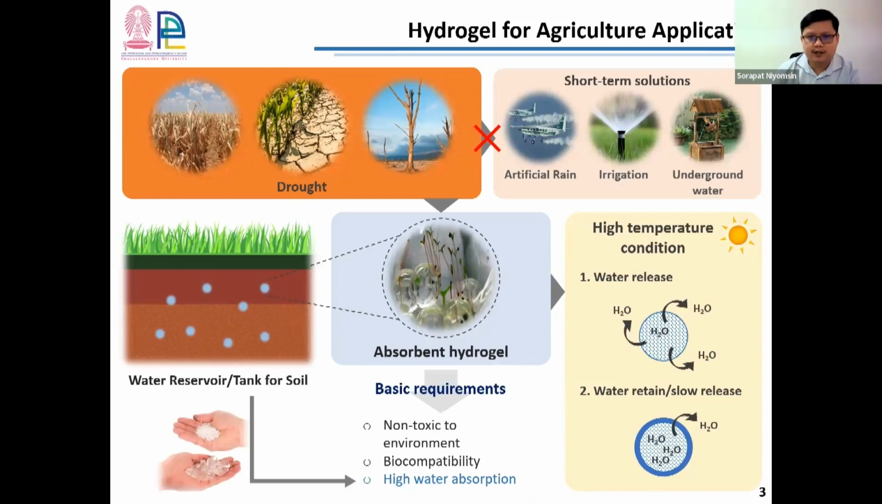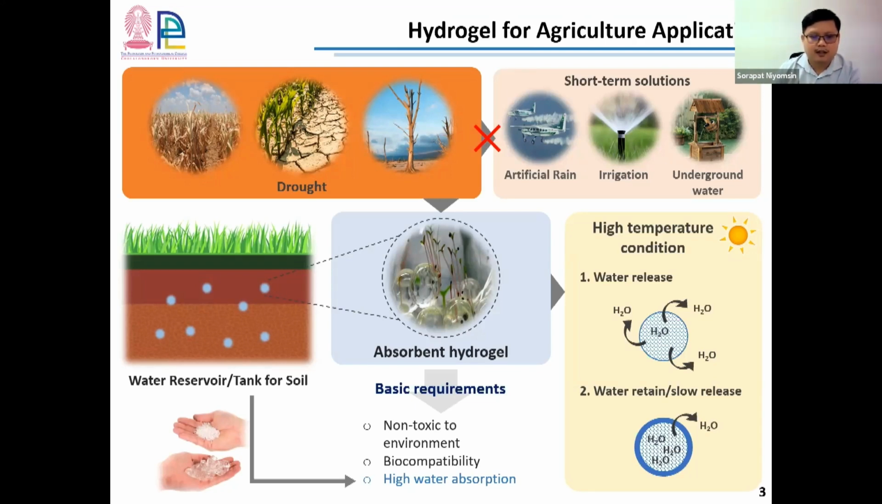Another thing is the hydrogel. Hydrogel is one type of polymer that can be used for agriculture applications. If we carry out agriculture in a drought area, you need to put a lot of irrigation or artificial rain to overcome the drought of the land. So if we have some kind of hydrogel or absorbent that can hold water during the drought, it will help in restoring the water inside the soil,